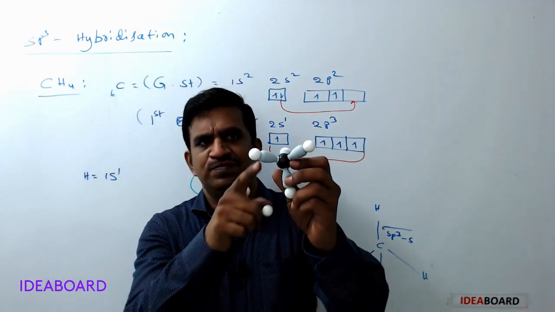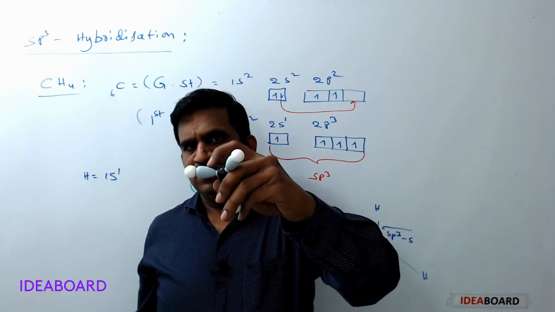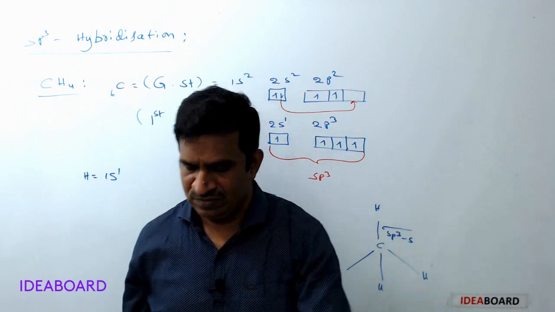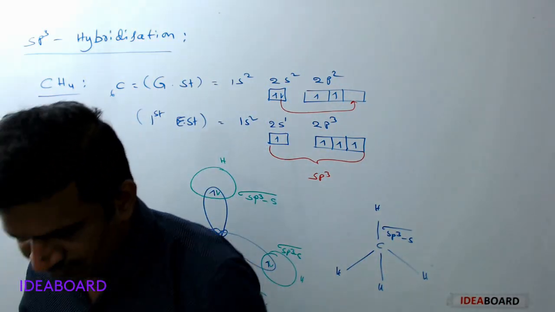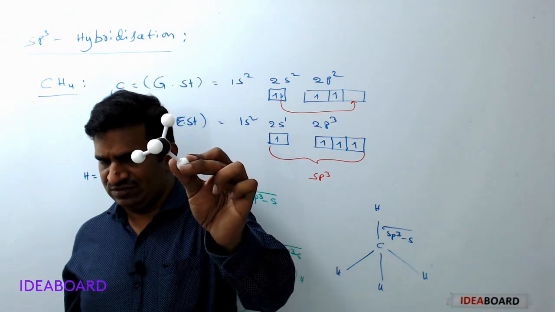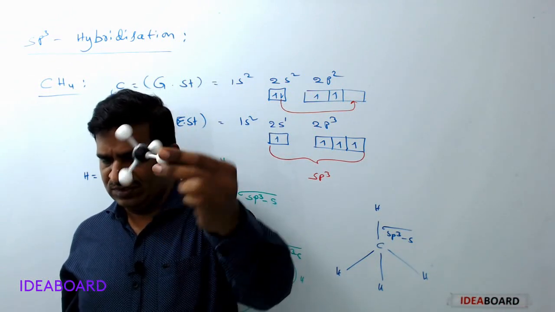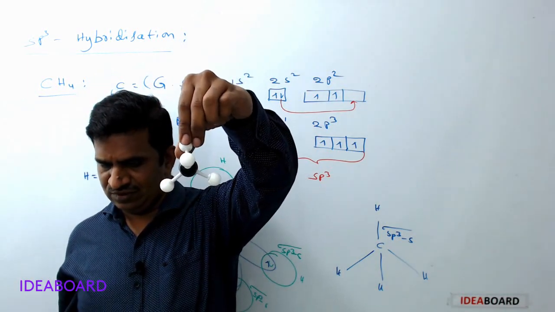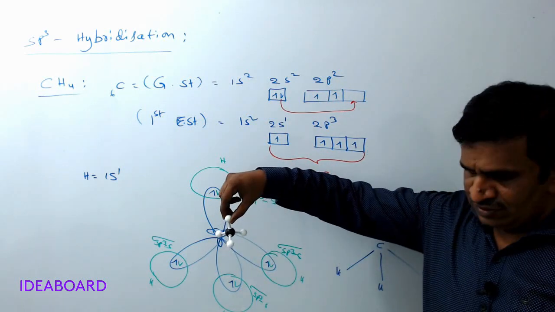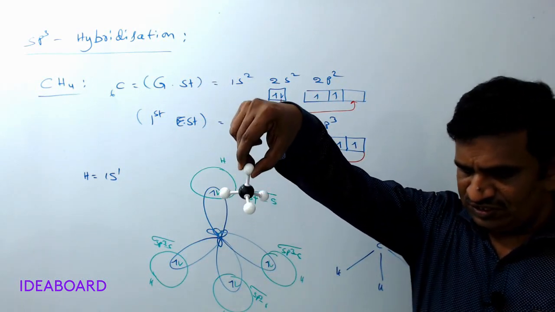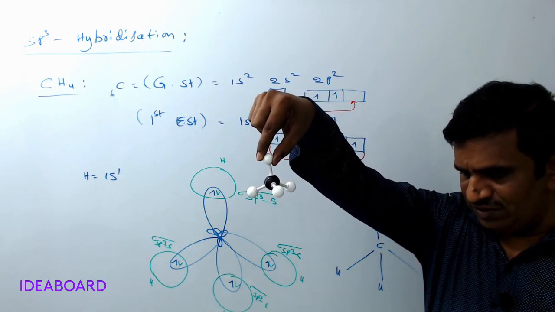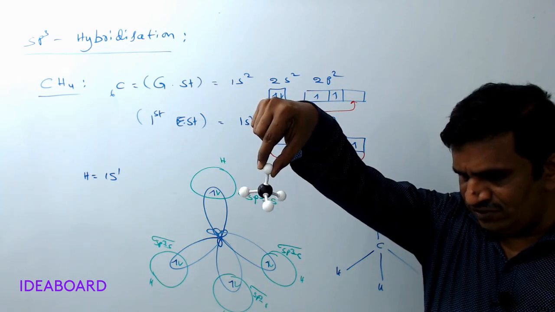Or we can see a simple structure like this. This is an sp3 hybrid orbital, and this is a spherical shaped s orbital, for example. And we can look at this molecule also. This is also an sp3 tetrahedral structure. All these molecules are sp3. So as in the structure we wrote, this is the sp3 structure. As per the board we represented, this is the sp3 molecule structure. It looks like this.